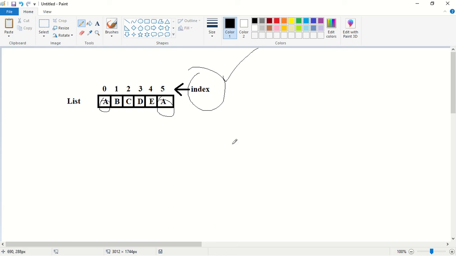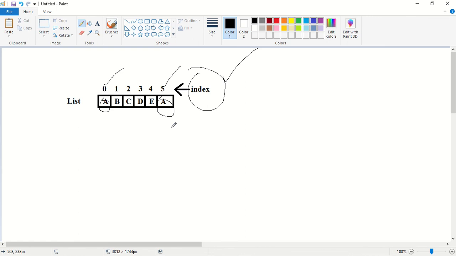Next, are there any duplicate elements? Yes, A is duplicated. So how can we identify the duplicate elements? We can identify the duplicate elements by using the index of those elements. list.get(0) means it is this A, list.get(5) means that is this A. So we can differentiate between duplicate objects by using index. So index plays a very important role in the case of list.